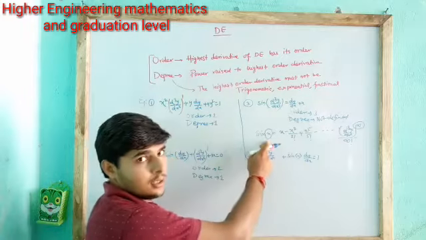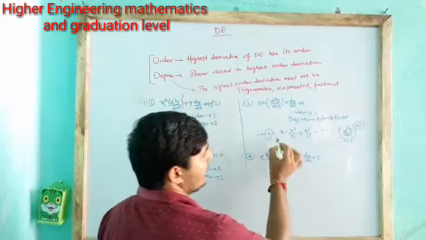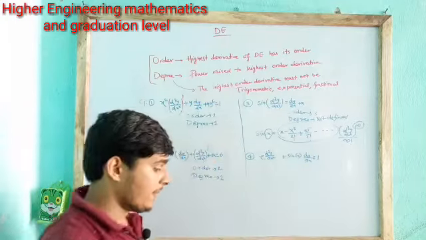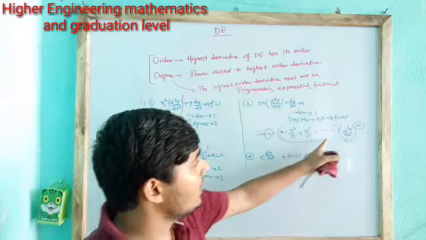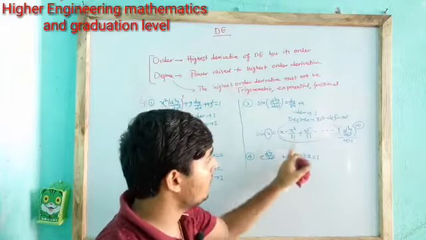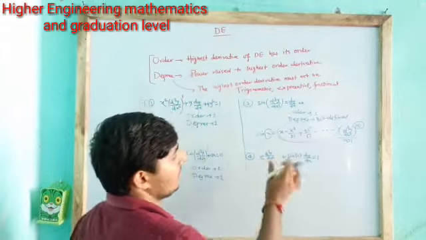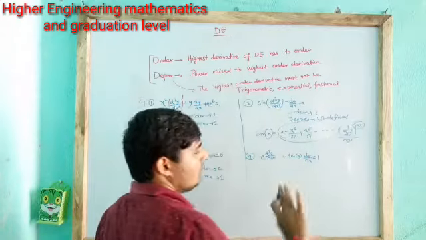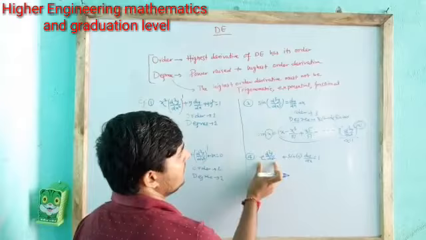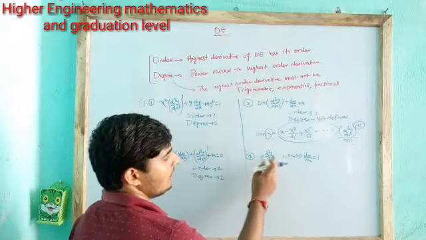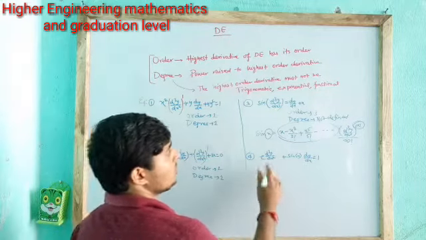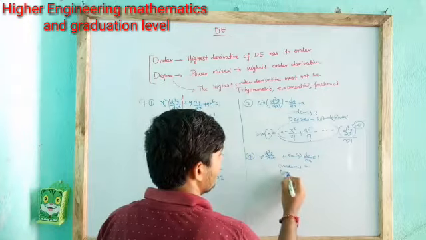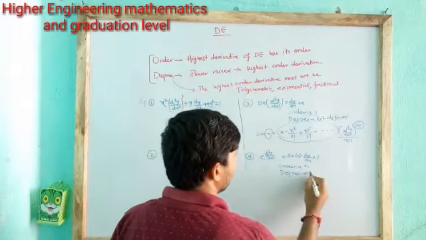This sin x function is not a polynomial function, but by doing its expansion we convert it to a polynomial function, and that polynomial goes up to infinity, and its power is raised to infinity, so it will not be defined. In the same way, let us see, this is the exponential function. The highest derivative is an exponential function, so we can easily say order is 2, but its degree we will say is not defined. Why?